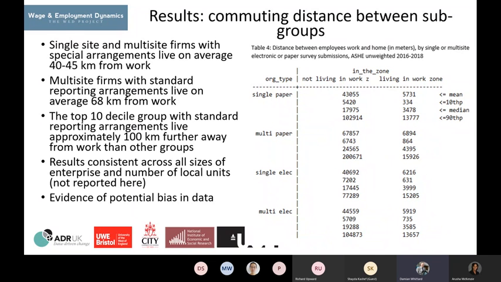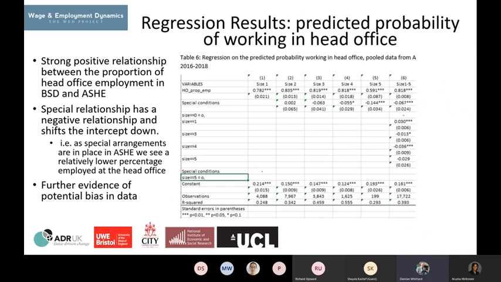We looked at this by further breaking the analysis down by size of company in terms of number of employees and number of units. We haven't put the results here, although in the paper that we're producing, they will be there. But they generally show that the difference between multi-site companies' special and standard submissions is greater the more employees they had and the more local units each enterprise had. So really building on that story as we go forward. Okay, we can go to the next slide, Arusha.